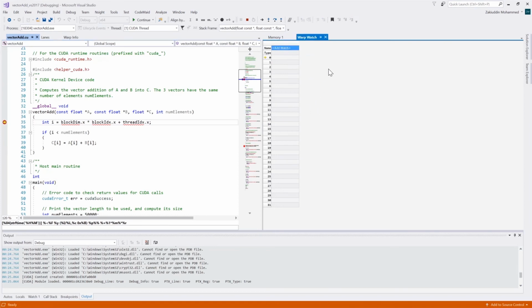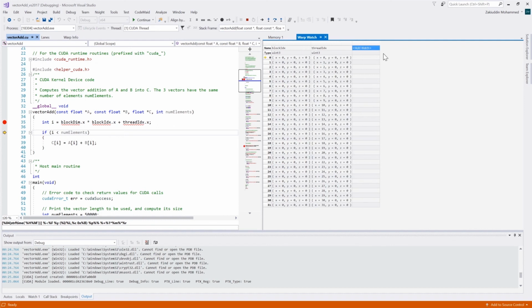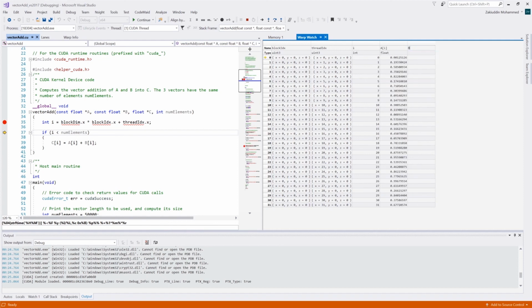All right, let's step down one and let's add blockIdx.x and threadIdx. If you double click these tabs, they'll auto size. So I use that quite often. And then we want i, and let's go for A of i and B of i